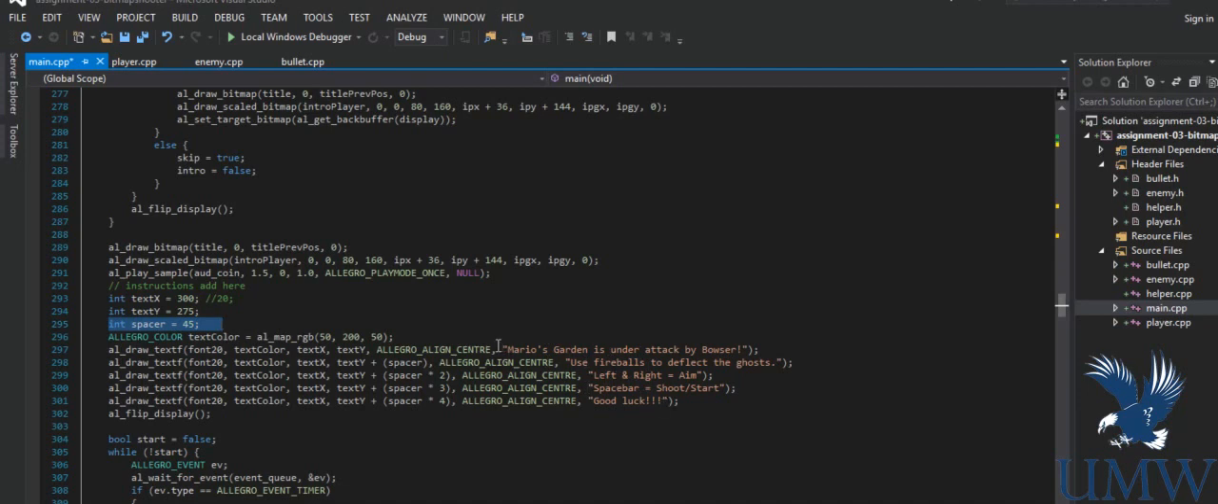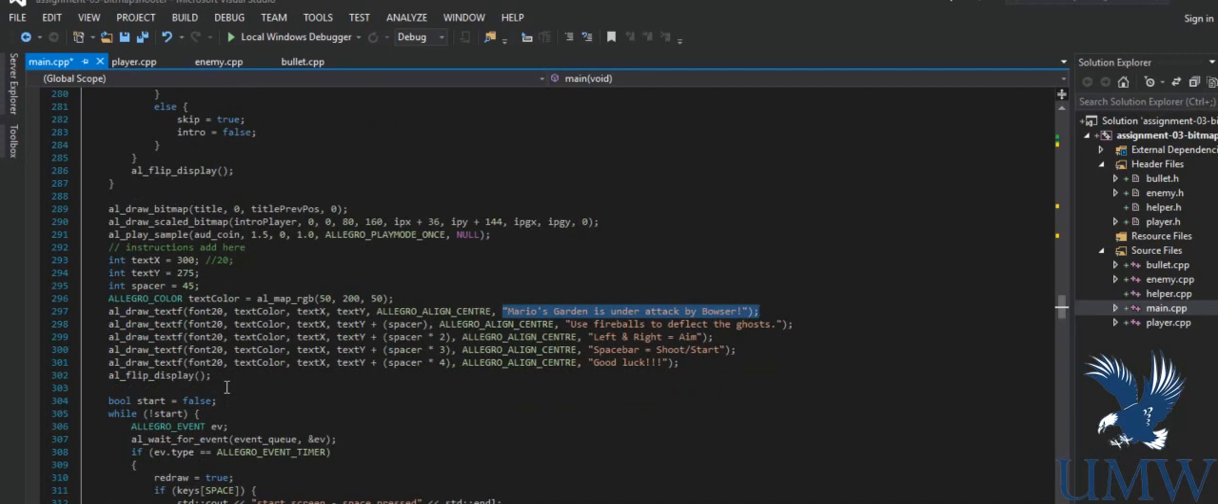So Mars Garden is under attack by Bowser. Use fireballs to deflect the ghosts. Left and right is our aiming. Our space bar is to shoot and to start the game. Go ahead and good luck. And